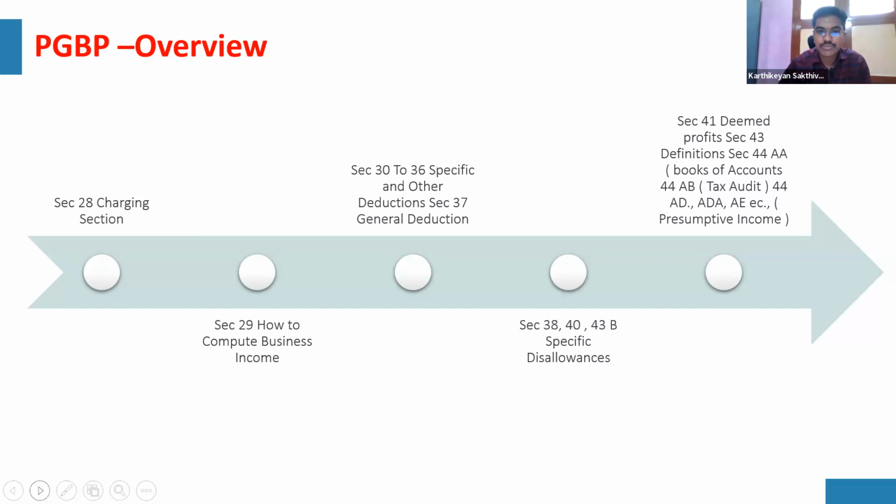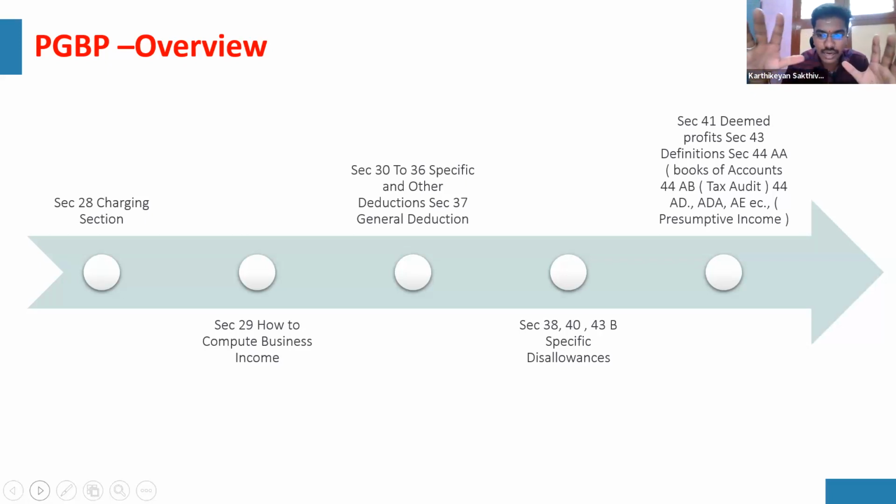One basic question which might be asked to you is whether an expense is allowed or disallowed, or whether TDS should be deducted. The reason why we studied TDS before coming to PGBP, you will understand here. PGBP is contained in Chapter 4D of the Income Tax Act. Chapter 4A is salary, 4B is repealed, 4C is income from house property, 4D is profits and gains from business or profession. In PGBP, the charging section is section 28, and the chapter runs from section 28 to 44DA.